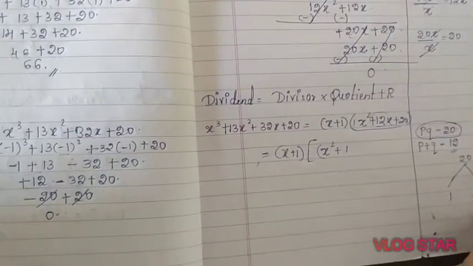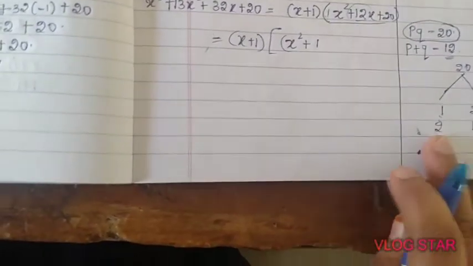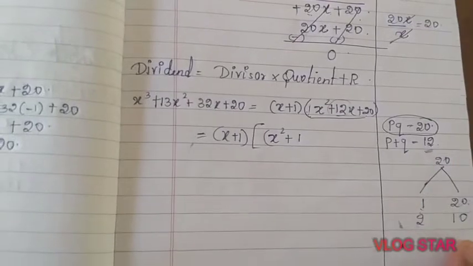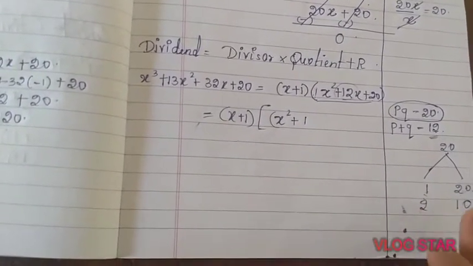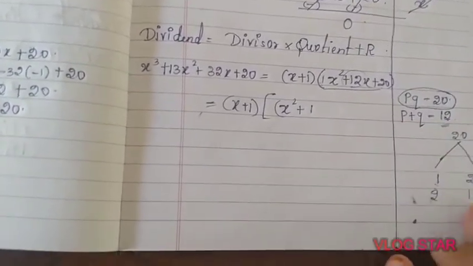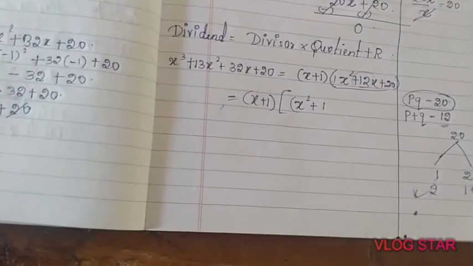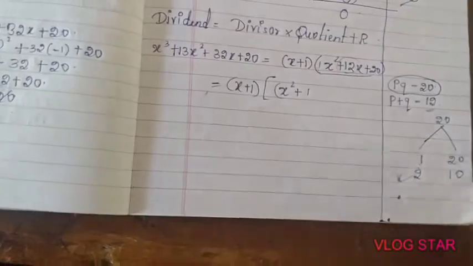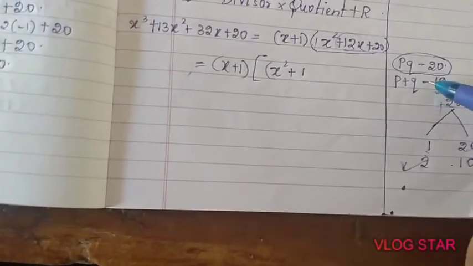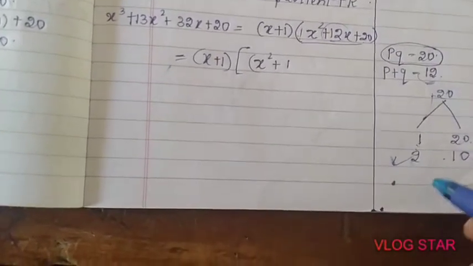So now just go for the next thing, that is 2 tens. Yes, if you multiply this, 2 tens are 20 you are going to get, right? So 2 tens are 20 you are getting, and again you are getting here 10 plus 2 as 12. P plus Q value also you are getting as 12, right? So this is your correct number. Okay, so what you have to consider now? The sign conventions. See here. Here the product is also in plus, and the sum is also in positive sign, right? So now no need to change the sign.